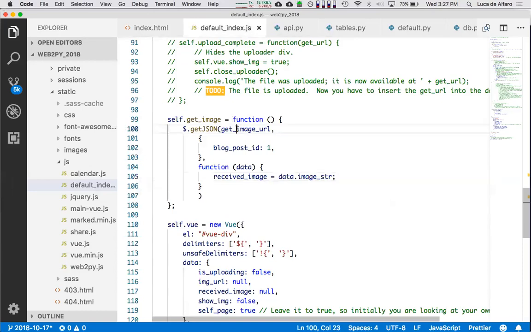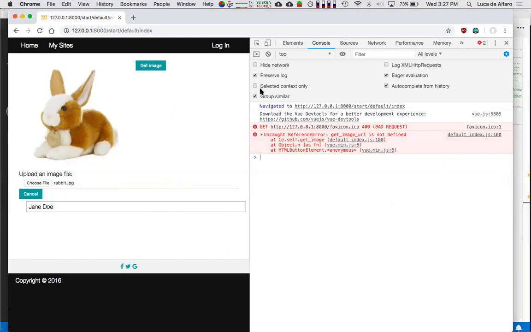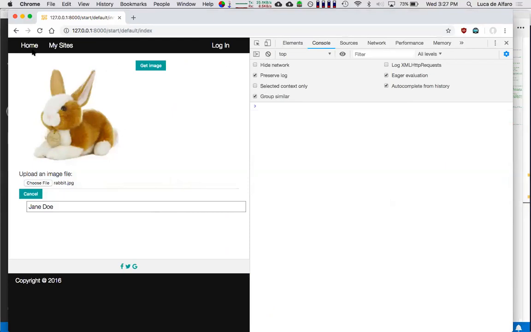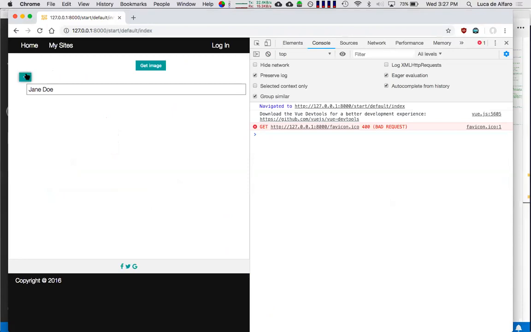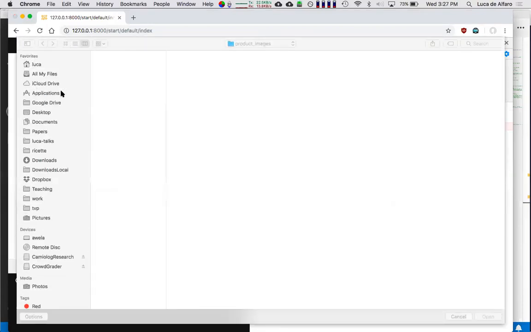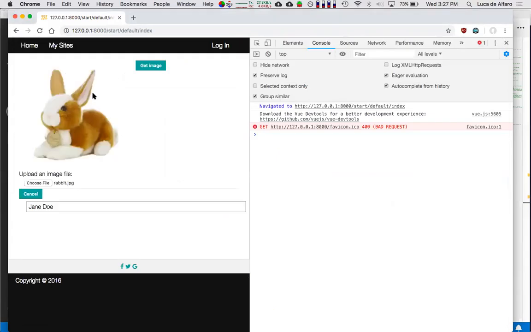Yeah, so you get older but not wiser, it seems, right? Image get URL. Okay, fine. Let me try again, but at least you see how easy it ought to be to debug, right? So let me try again. I choose always my rabbit. Next time I should choose the rabbit back, I guess. Now I do a get image. Boom. And again something else breaks. No, come on. I thought I did. Let me look at